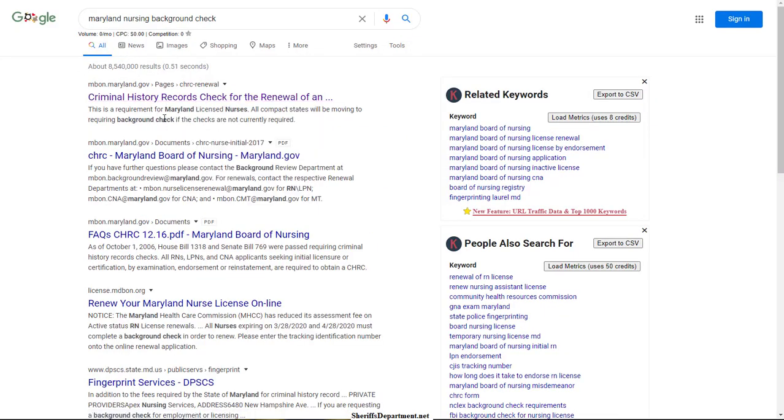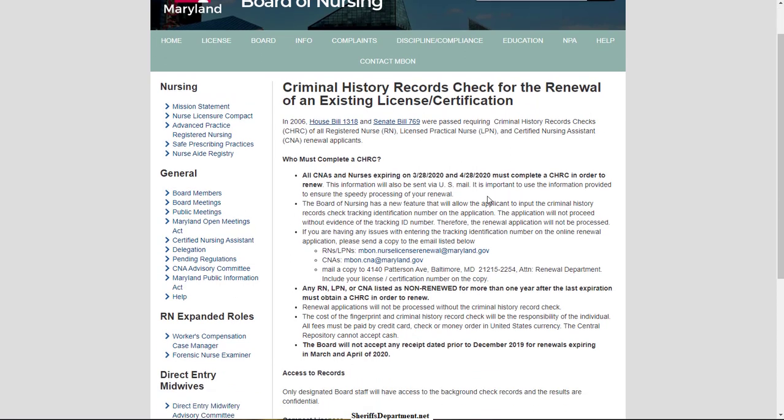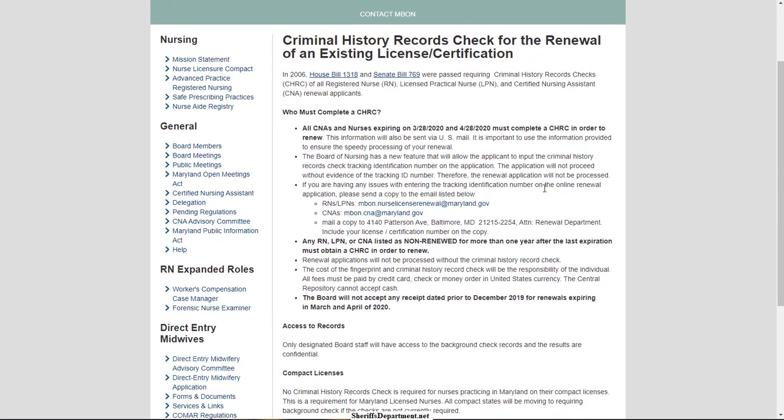States will also have instructions specifically on how nurses can do background checks, and you could just type into Google "my state nursing background check" and look for domains that end with .gov. Nobody other than official government agencies can have a domain name that ends with .gov. So if you see that, it's an official resource, and they will provide instructions on how to go about doing